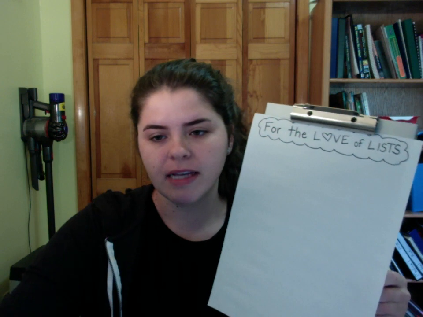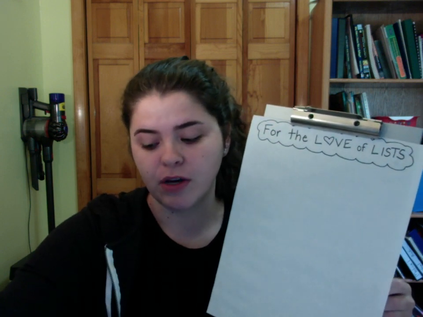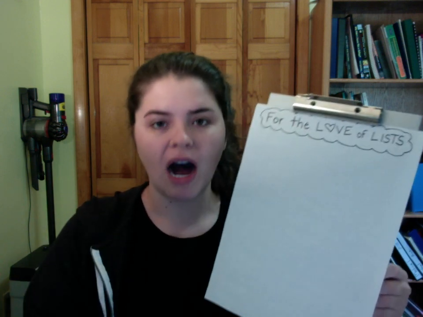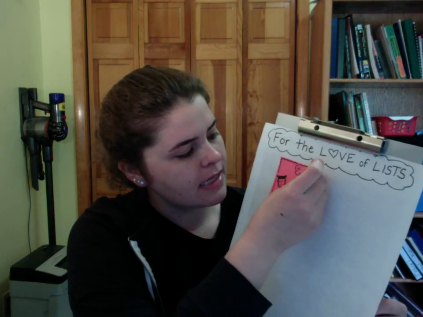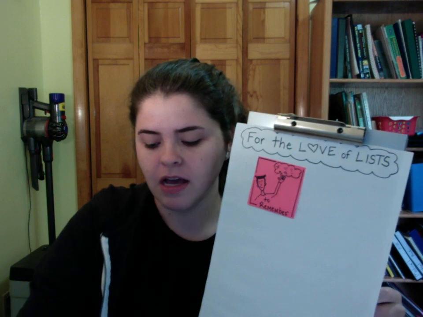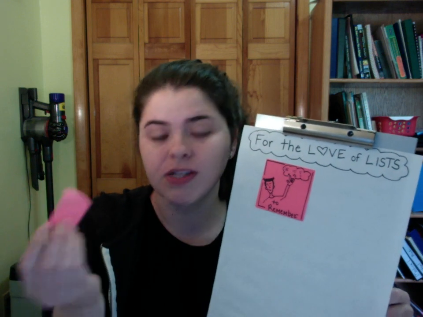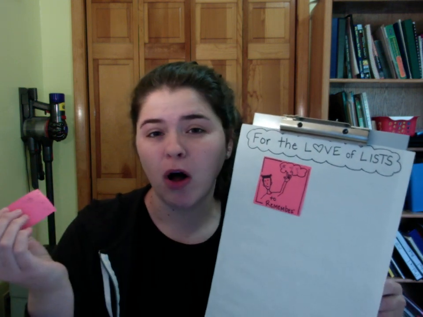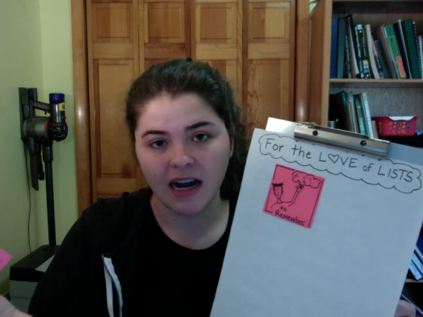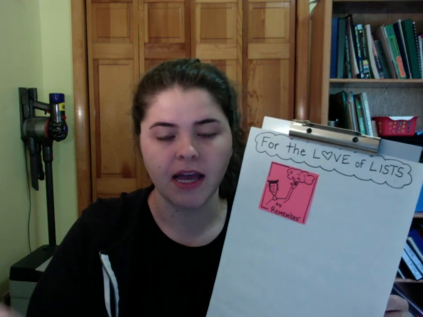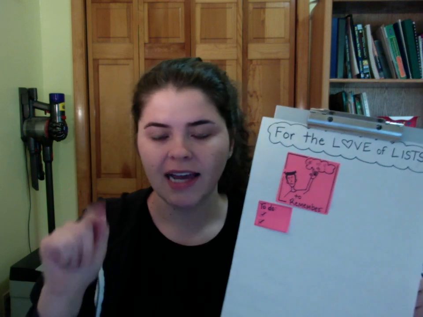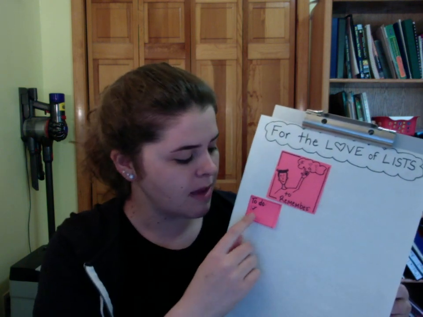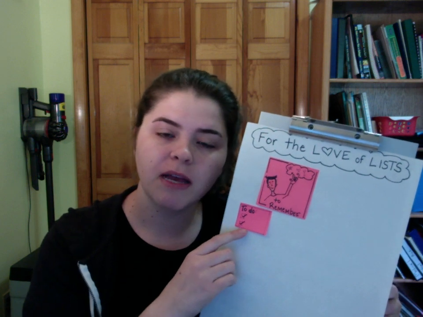So before we begin talking about types of lists you can write, let's just talk about why people even make lists. So one reason someone might make a list is to remember things. For example, if I'm going to the grocery store and I try to remember all 25 things that I need in my head, I'm probably going to forget something. But if I make a list either on paper or on my phone, I can check it off as I go. So I like to make a grocery list, or you could even make a to-do list.